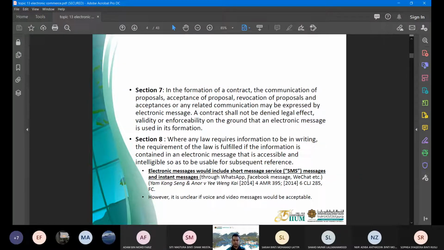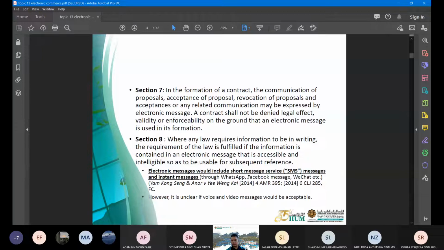So it means that section 7 specifically recognizes online formation of contract. So offer and acceptance done online is recognized clearly by section 7. Section 8 talks about